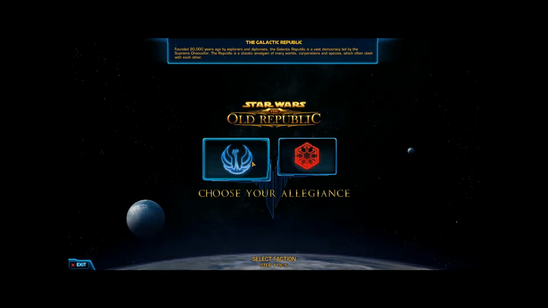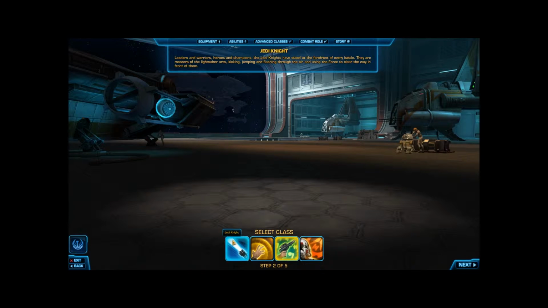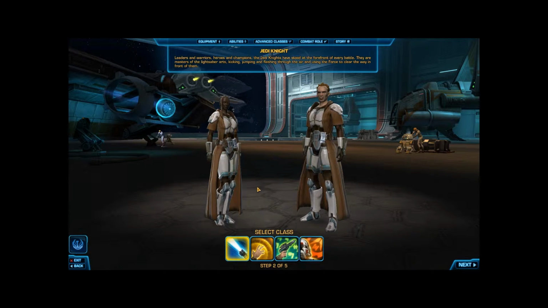Now I'm going to start with the Galactic Republic. Here is your actual character creation menu. You're going to have 4 basic classes, which branch off into the advanced classes, which make up a total of 8 classes per side. So you have the Jedi Knight. Pretty straightforward. What I like to consider it as is the equivalent of the heavy